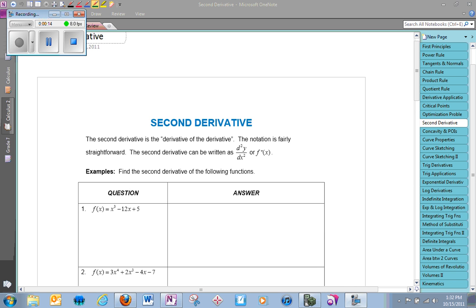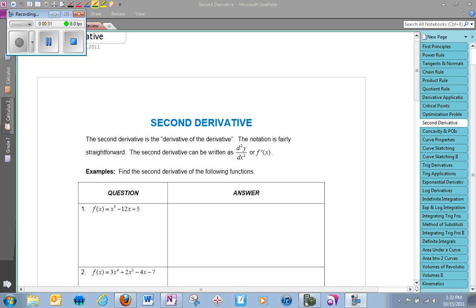If you're really good at taking the first derivative, the second derivative should be no trouble for you at all. If, however, you're struggling with the first derivative, the second derivative will prove to be challenging for you because you can't pass stage 1. You've got to pass stage 1, aka the first derivative, to get to stage 2, aka